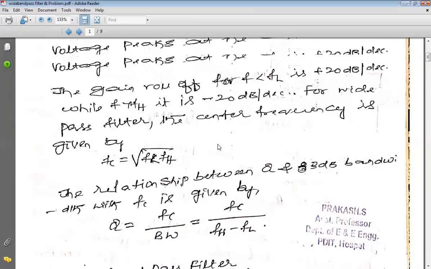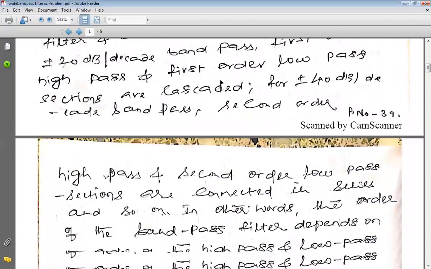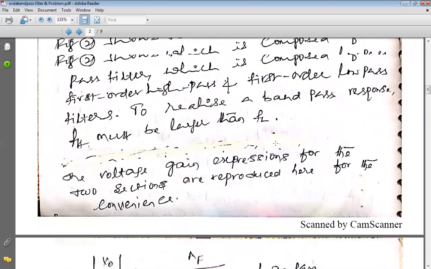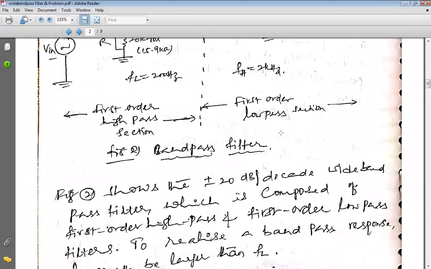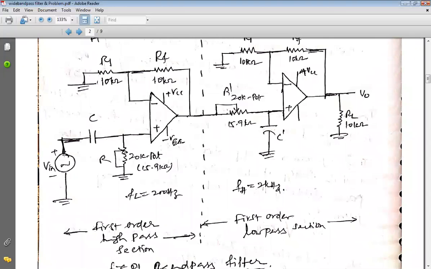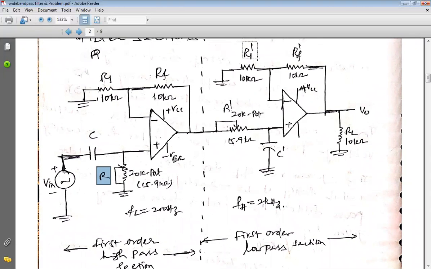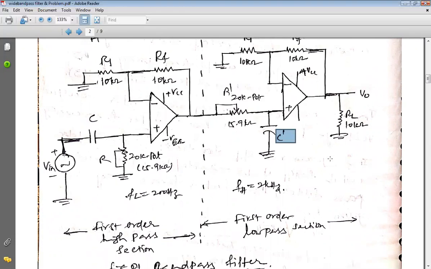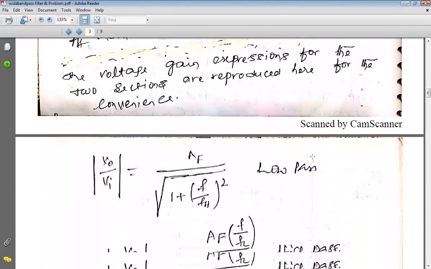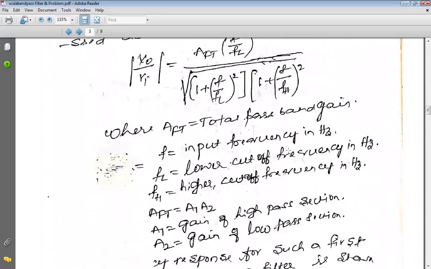The values in the high pass filter are R1, RF, the capacitor, and the resistor. Similarly, R1 dash, RF dash, R dash, and C dash in the low pass filter section. These values we have to calculate